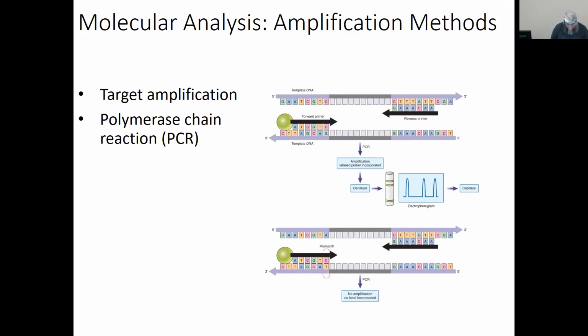So the procedure results in an amplification of a target DNA or RNA, in our case with COVID, okay? So we're going to add everything we need to amplify that sequence. If you need it, you add oligonucleotide primers, okay, that prime the synthesis of the copy. DNA polymerase is added to join the deoxynucleotides. You add a buffer with a pH that makes it optimal for the polymerase activity.